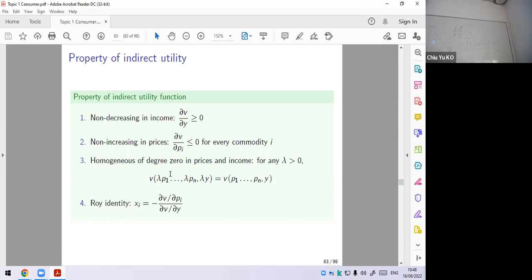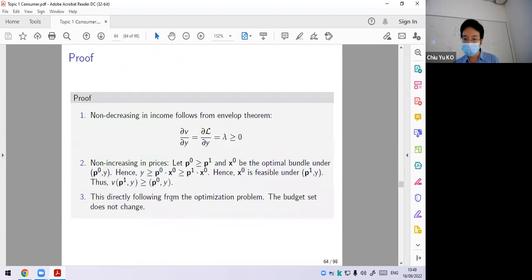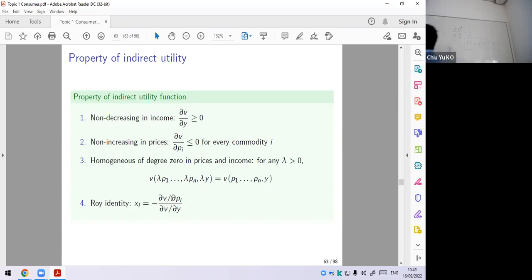The last thing is the most useful, why we study this, is the last one. The last one says the following, which if we have time we can prove. The proof is not difficult. What it says is the demand for good i will be the negative of a ratio, where the numerator is the derivative of the indirect utility with respect to the price p_i, and the denominator is the derivative with respect to the income. You may ask, why do I care about this? The reason is